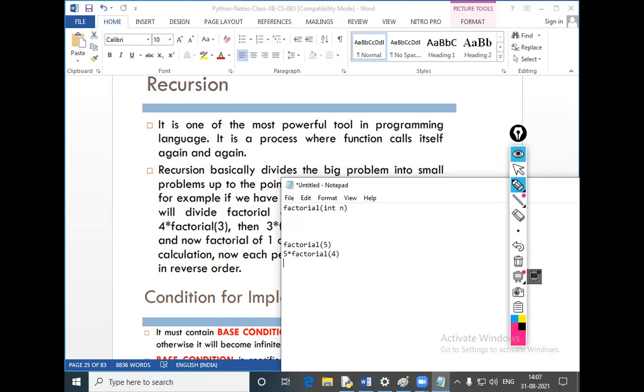Now, how to calculate factorial 4? We can define it: factorial 4 is 4 into factorial 3.